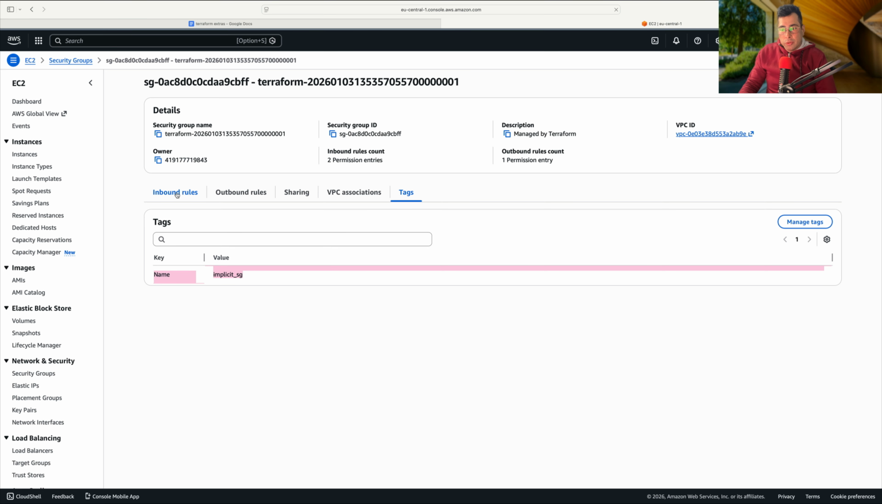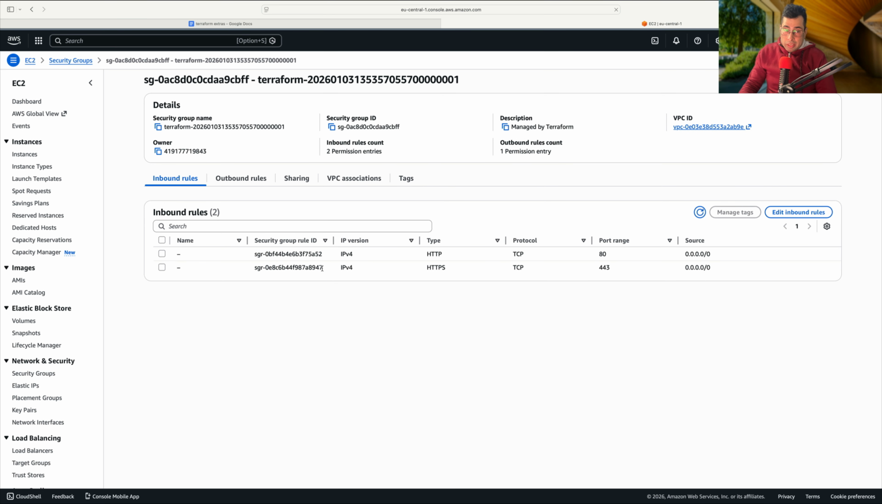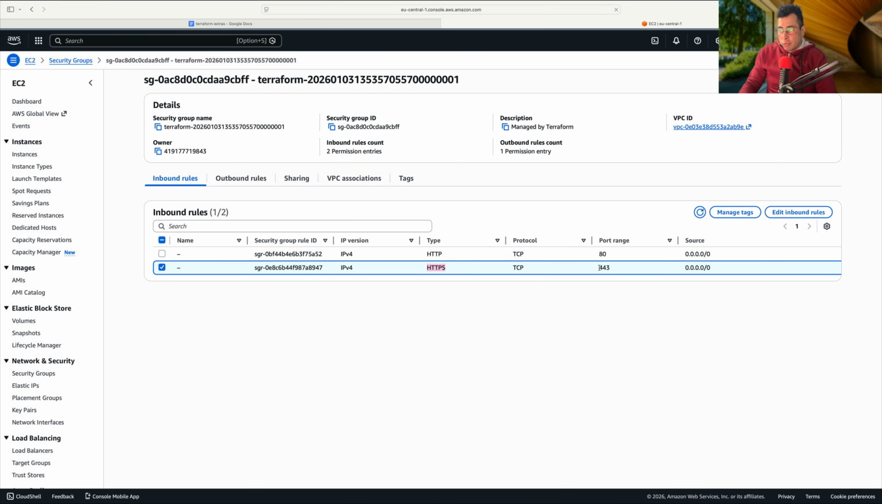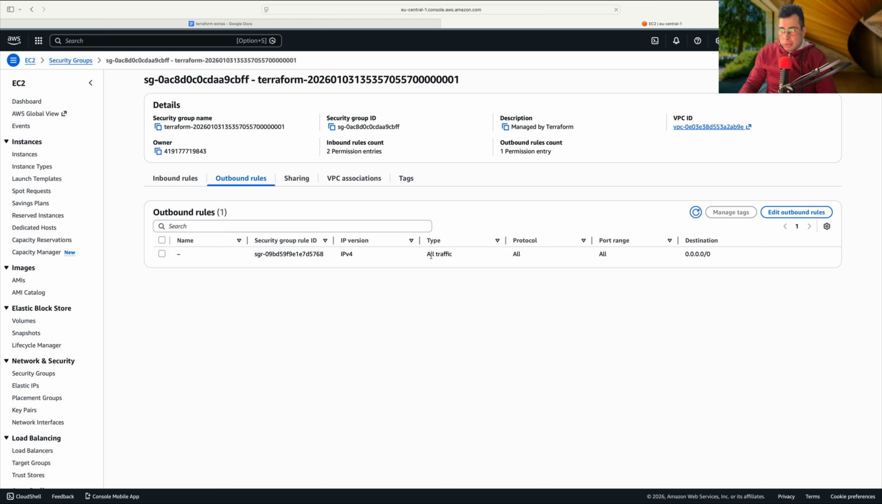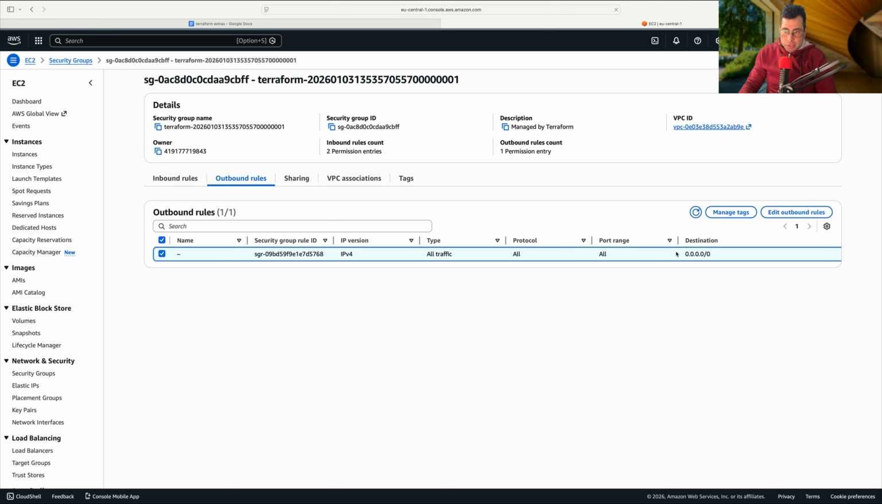Okay. Let's go to the inbound rules. Based on the ingress rules, we have the HTTP traffic from all the sources, which uses port 80, and HTTPS, which uses port 443, from all the sources. And the egress, the outbound, allows all the traffic for all the protocols to all the destinations. All right. So this is the security group ID of this security group, which is